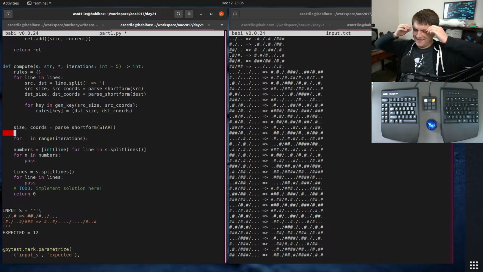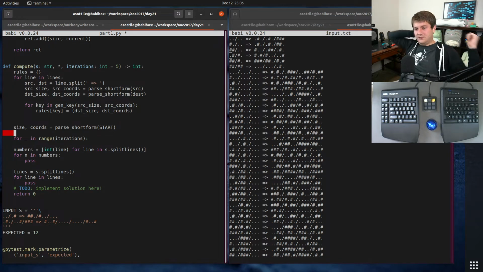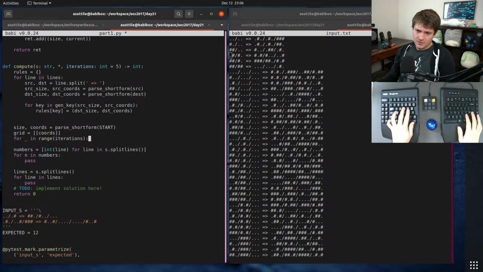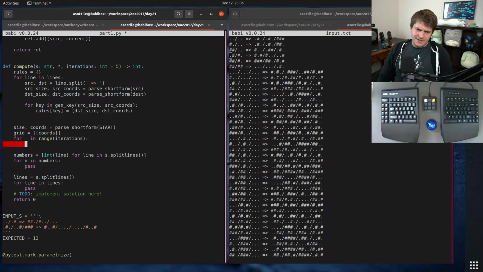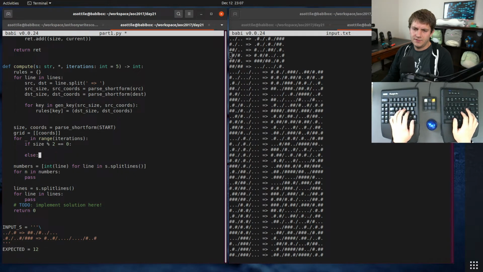How do you represent a two-dimensional 1x1 array? I guess it's just a list containing one item. Seems silly. Okay. What do we call this thing? Grid equals chords. All right. If size mod 2 is equal to 0, otherwise,